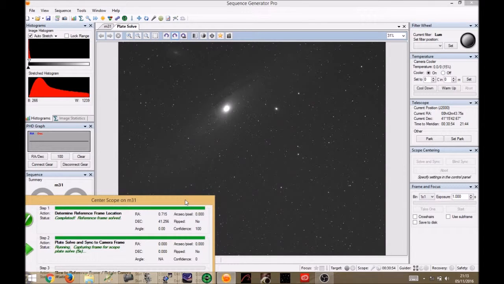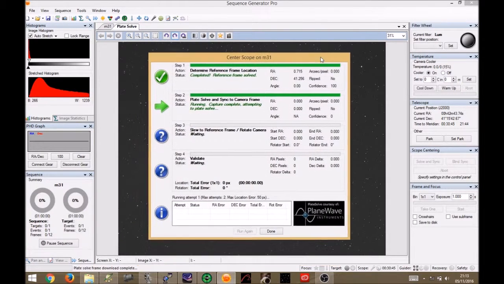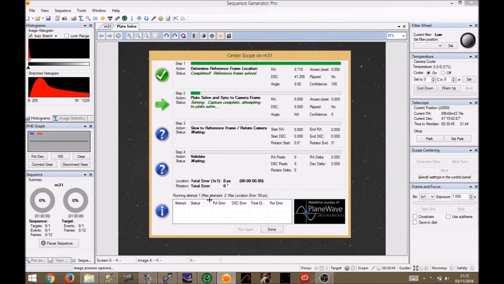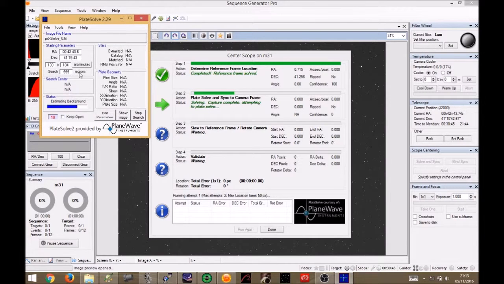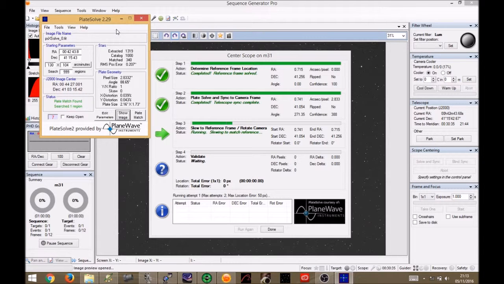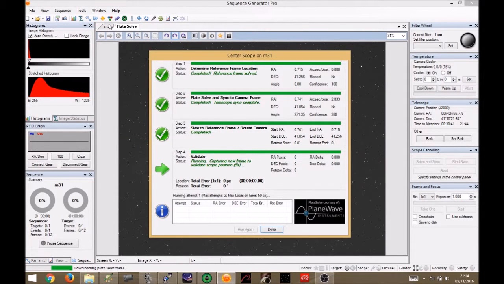that was a PlateSolve image it took. So you can see it's not far out, but obviously not close enough. So this is what it's doing now. Here we go, and you can actually see PlateSolve come up, and now it's doing its number crunching. See, that's quick. One match, one region. Slew into reference, and now it's validating. So it's just taking another image to make sure that it is where it should be,